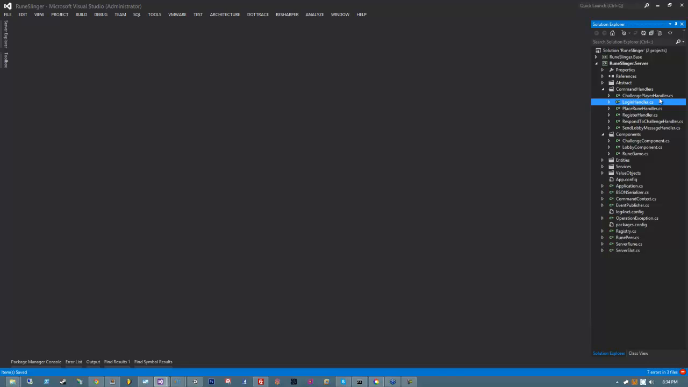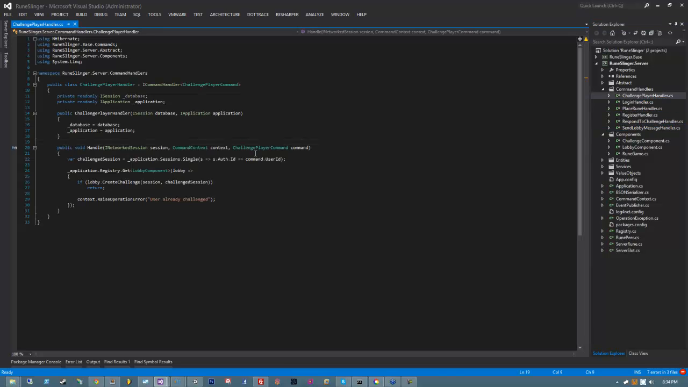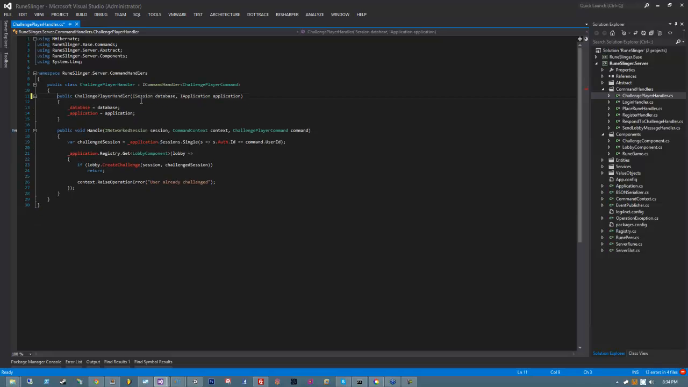Now that I've done login, register, and send lobby message, I'll do challenge. So challenging just does this. We say lobby create challenge, blah, blah, blah. So I'm going to do the same thing where I will move it. Actually, we don't need a database or an application. So I'm going to delete both database and application, and then I'm going to create a lobby service,